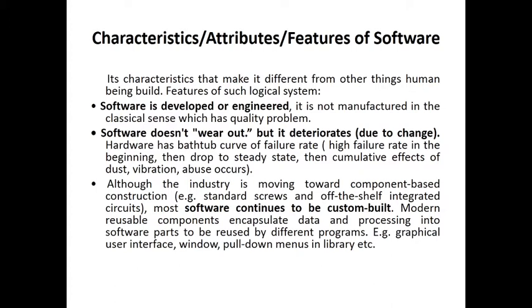As you are going to compare it with the hardware, what makes software different from hardware, right? So the first one is software is developed or engineered, while hardware is manufactured. What does it mean? Developed or engineered means systematically, step by step, you are going to develop a software. You are developing it from scratch, first step, second step, third step, and we go on developing it until the entire software is developed. So that is engineered, right?